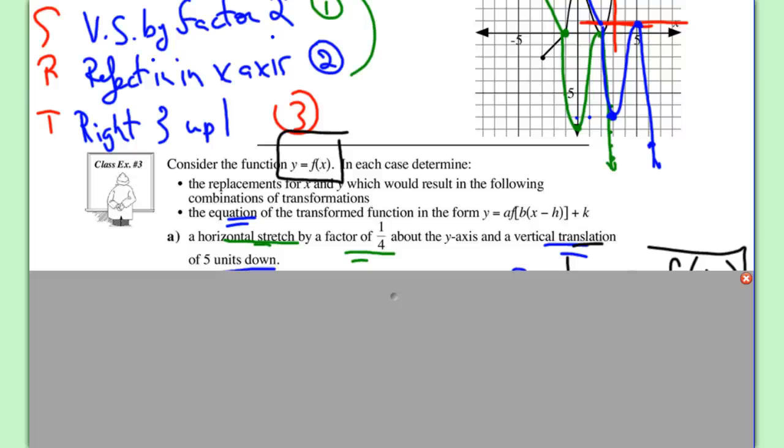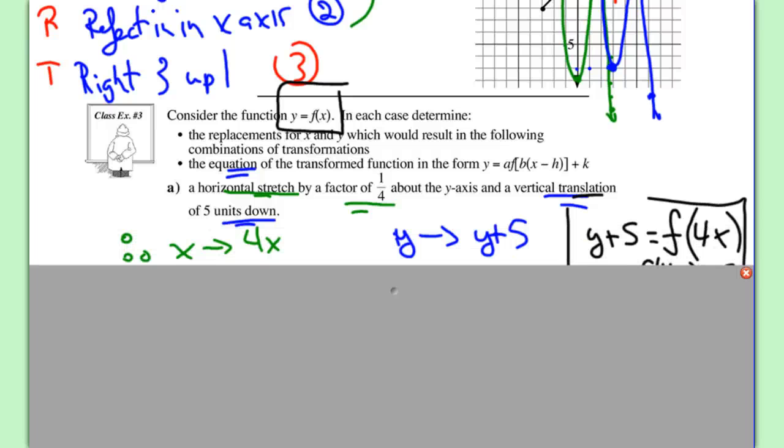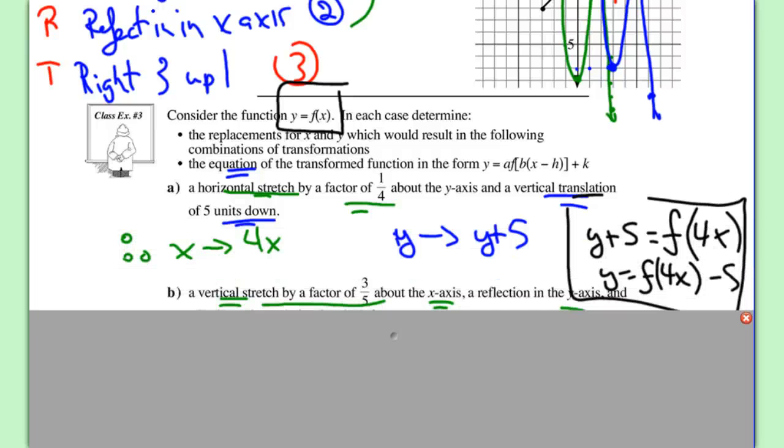Example number 3. Okay. In example 3, we're just taking transformation, writing the replacements, and coming up with an equation. So in this example, the horizontal stretch occurs by x being replaced with 4x, and the vertical translation becomes by replacing y with y plus 5, giving you an equation of y plus 5 equals